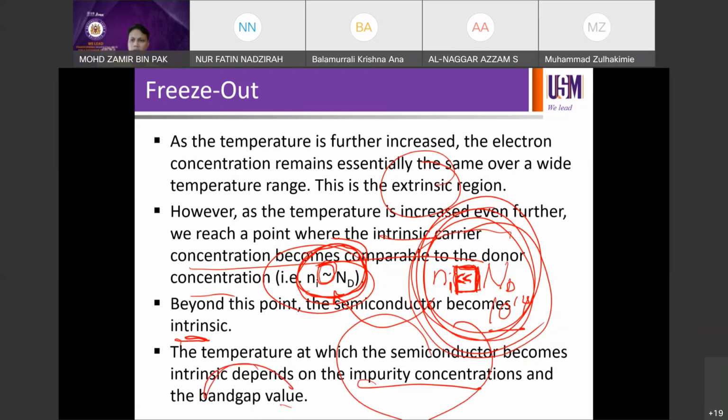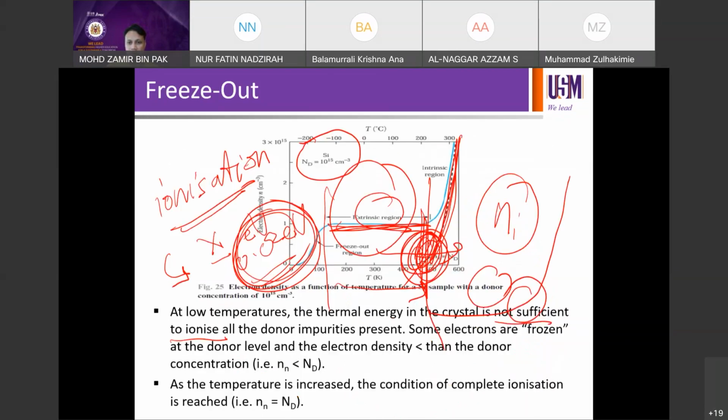So at this point, Ni will overcome your Nd, and then if you go further, at this point, Ni will be approximated as your Nd. What happens if you go to this point? In this region, what happens to the relationship between Ni and Nd? Anyone? Any guess? Just a symbol to demonstrate your understanding. What do you think at this point? What is the accurate symbol that you can represent here? Anyone? At this point, Ni will be